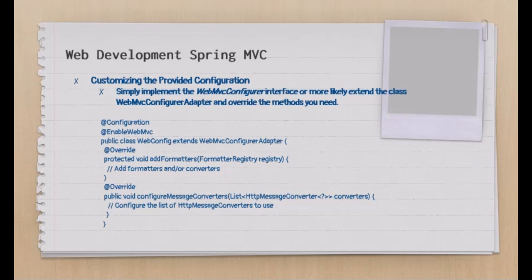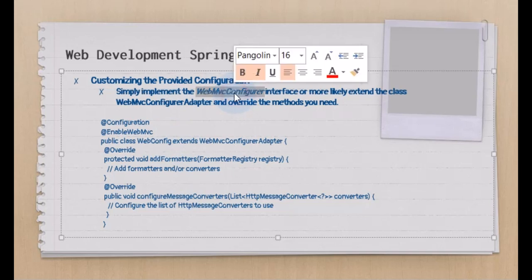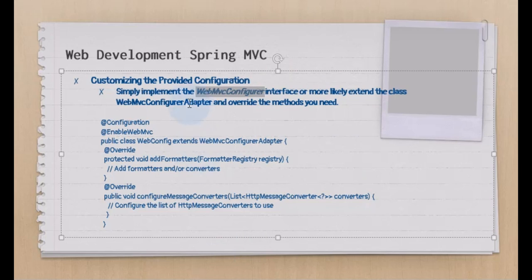Okay, but there always comes a time, we are okay with the defaults for a start, but we cannot complete a project with the defaults. We will always have to customize this configuration. So what should we do? What we can do is implement the WebMvcConfigurer interface. So here either you implement the WebMvcConfigurer, which is an interface, or more likely extend the WebMvcConfigurerAdapter